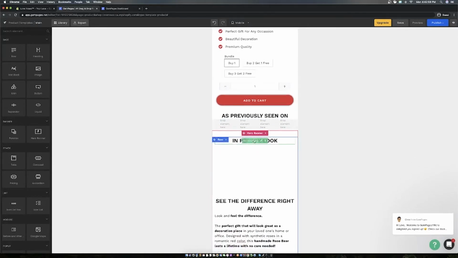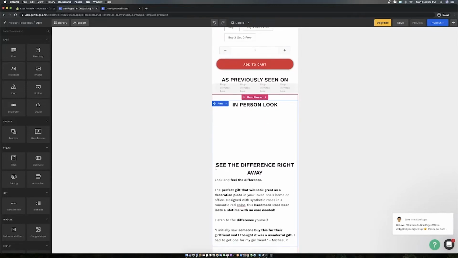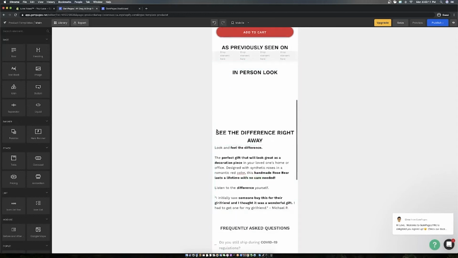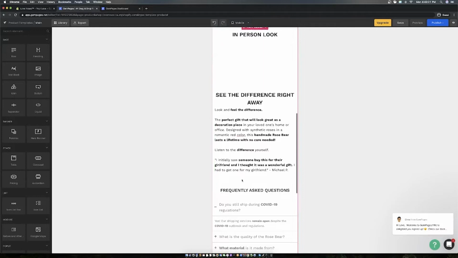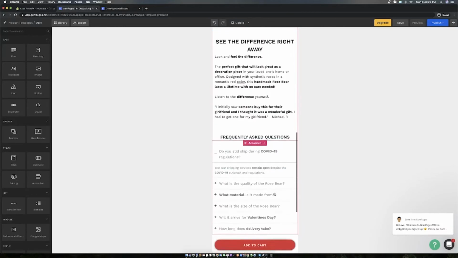And then after that, you want to do an in-person look. Here I usually put a video of the product, just a detailed look at how the product looks. And then after that, have a caption here: see the difference right away, look and feel the difference. Then a nice little short caption paragraph, and then "listen to the difference yourself," and then a quote about the product. And then right after that, I like to add an image,